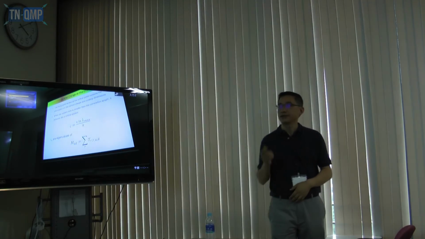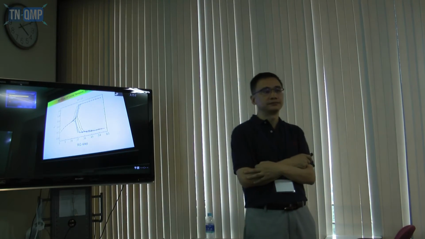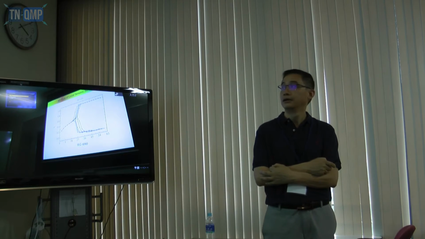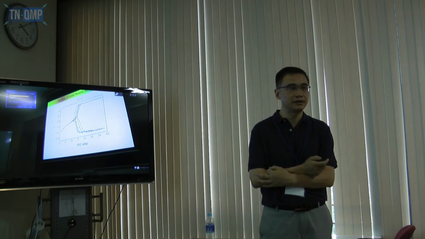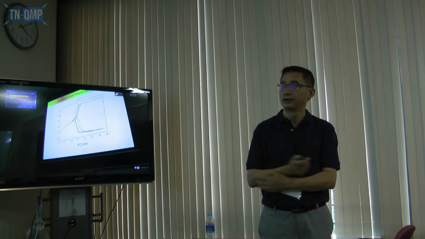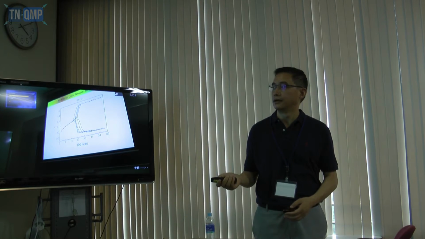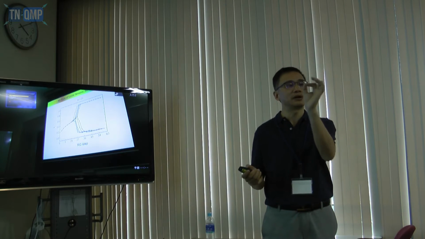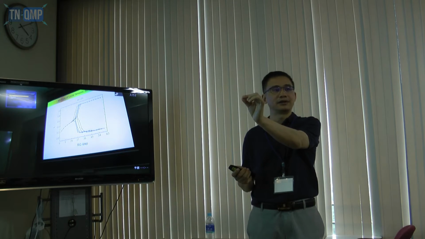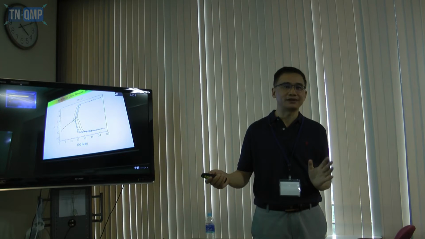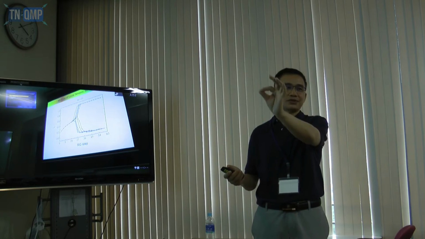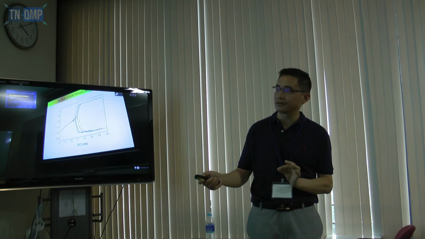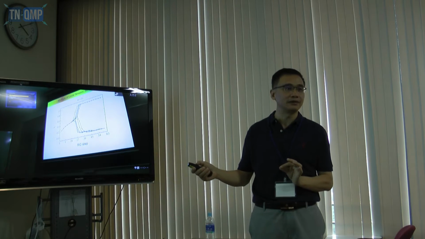I have a question. Yes. If we use a larger bond dimension D, the branching point will be shifted. In this case, about the 27 renormalization step is the branching point. It depends on how close you are to the critical point. Because we don't know exactly where the critical point is, we just choose close to the critical point. If exactly at the critical point, then this one may go very low.